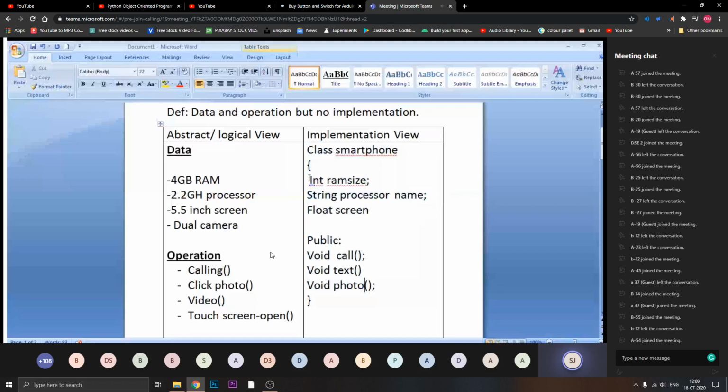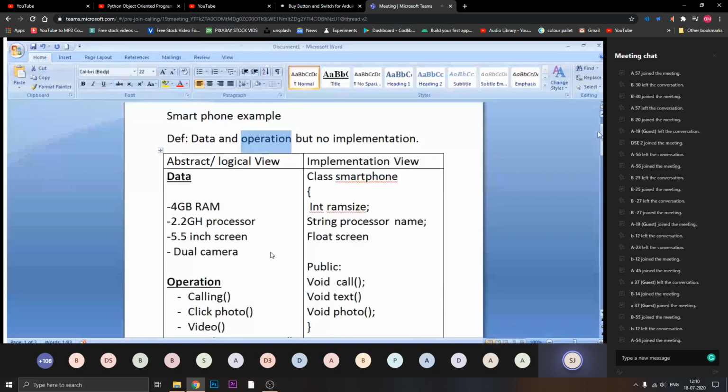Your C program will have a different implementation, your Python will have a different implementation, and so on. But whenever I am representing an abstract data type, I need to consider only two things. One is data, second is operation. So the abstract data type only focuses on data and operation.